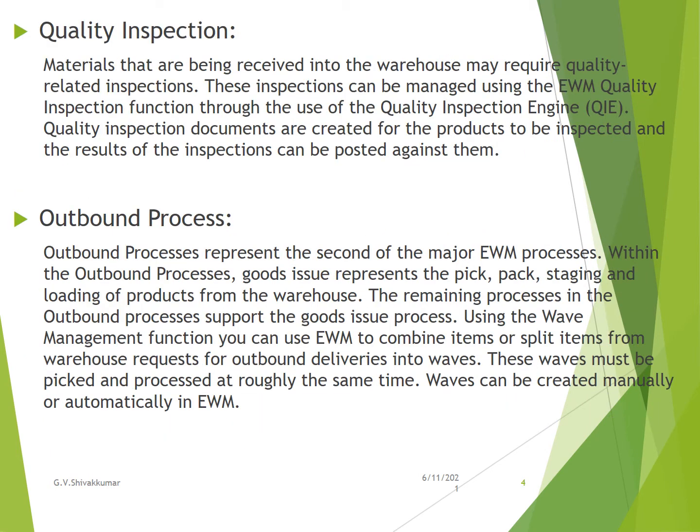Okay, and then quality inspection. The quality inspection is tightly integrated with EWM. Material being received in the warehouse may require a quality-related check, right? Whenever it is coming from a vendor, from a subcontracting vendor, from any external source, or even from production, it is subjected to a quality inspection check. Only if it fits the standards of the organization or your client company is it approved and moved to the final storage. So that is the process.